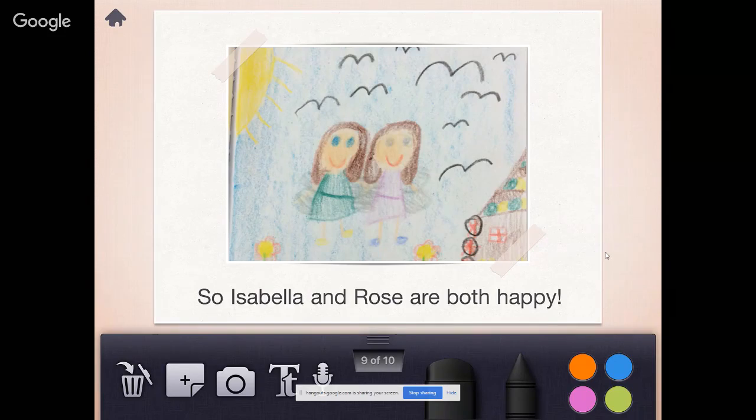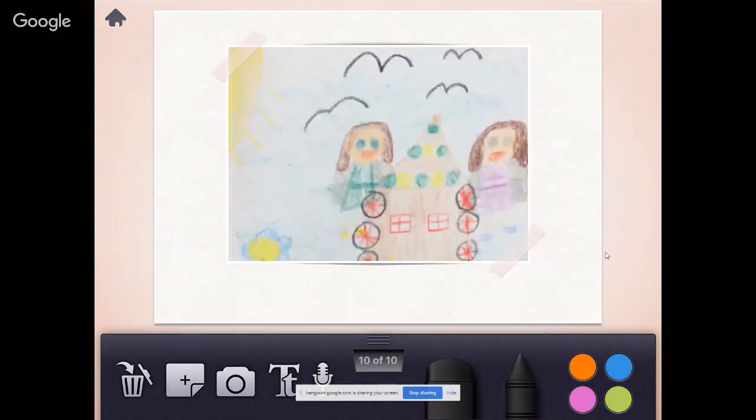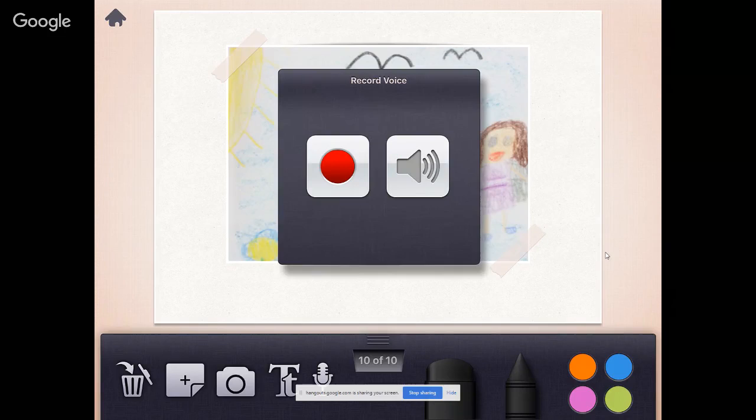It says they can all fly around their candy house. So I'm going to do a voice for that. Hit the microphone at the bottom. They can fly all over their candy house. I'm going to hit the speaker button so you can see what I'm talking about.